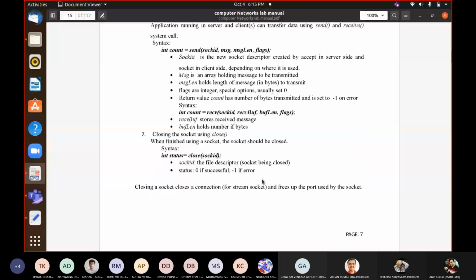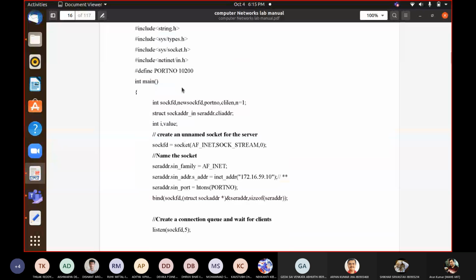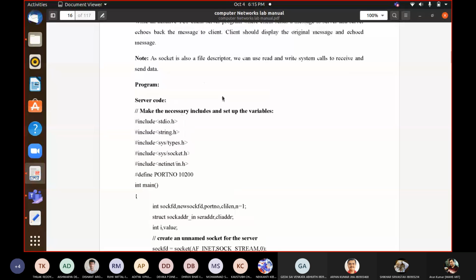The client will send a string to the server, and the server has to echo it back. So this is the server side code, and then the client side code. You have to write two codes.